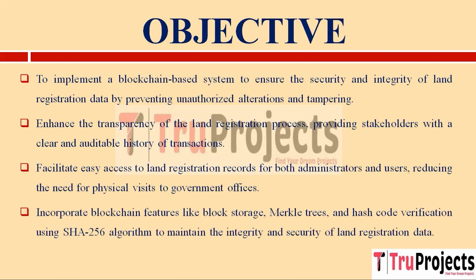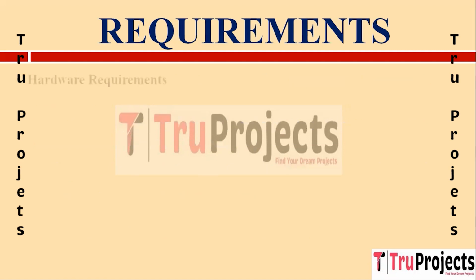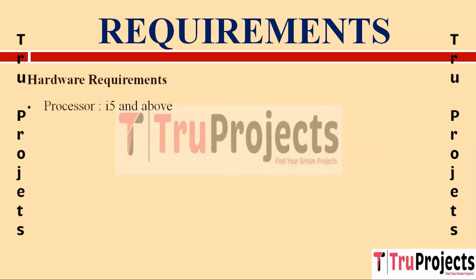And the aim also includes to seamlessly integrate blockchain features into the project, including efficient block storage, Merkle trees for data organization and verification, and the SHA-256 hashing algorithm for data integrity. These components will work together to maintain the security and accuracy of land registration data, ensuring that records are tamper-resistant and reliable. Requirements needed to execute this project are hardware requirements: processor of i5 and